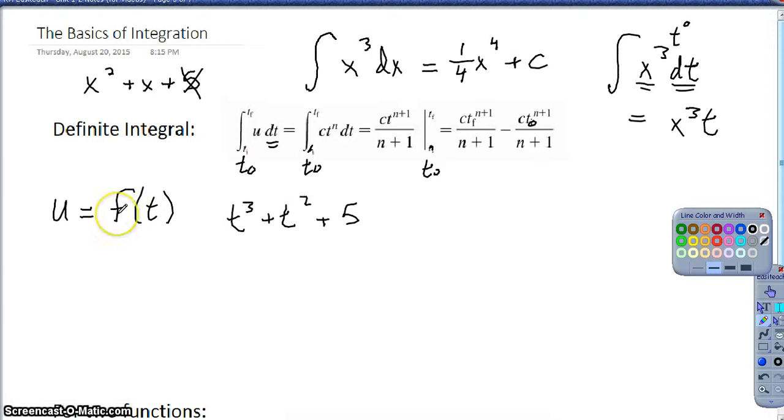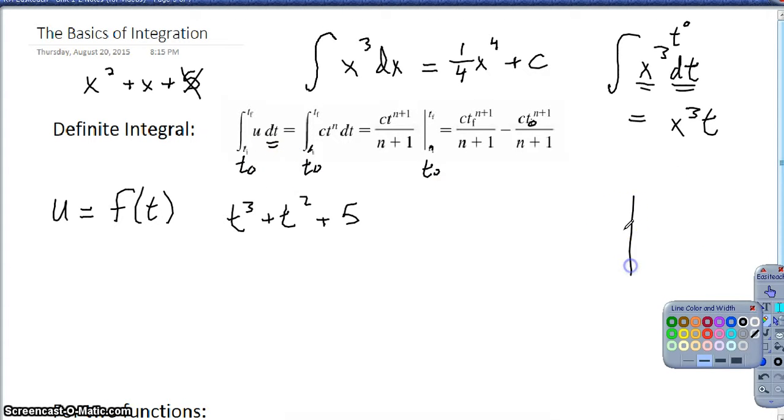So then the other two things I want you to notice about this are the t sub 0 and the tf. What that is telling us is what range of time, or what range of values, we are integrating with respect to. What I mean by that is, if I gave you a graph, we know we'd find the area under the curve, but you want to know how much of the curve you're looking at. So if I gave you a curve like this, the ti and the tf tell me where I am starting and where I am ending,